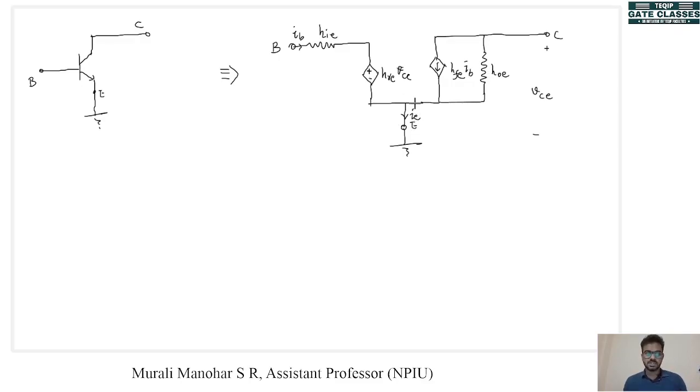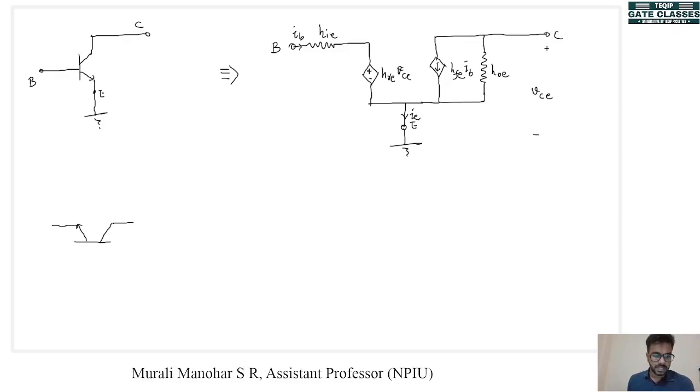Now we just need to see which terminal is common in this configuration, and these parameters will be named according to them. Whether E comes after I or R or F or O, or B or C comes after, this is defined by which terminal is common. Now the same thing can be drawn for common base configuration. It will look like this.